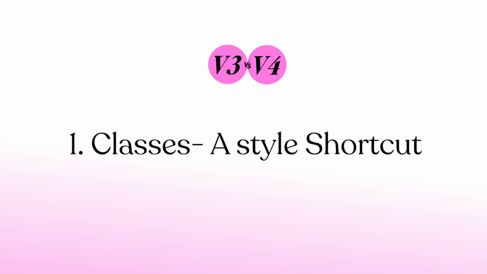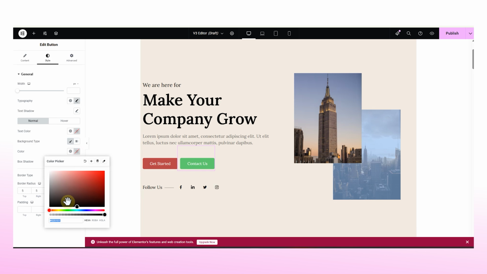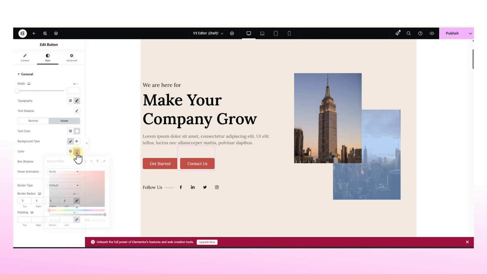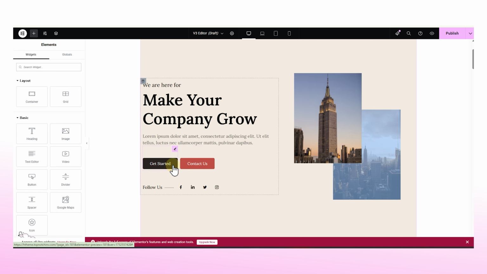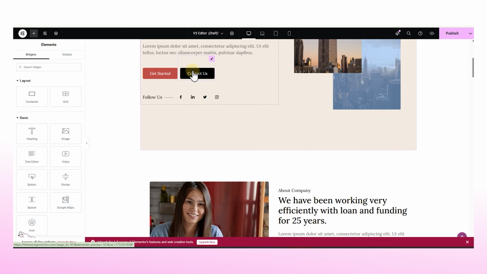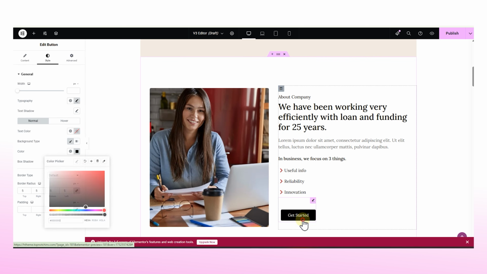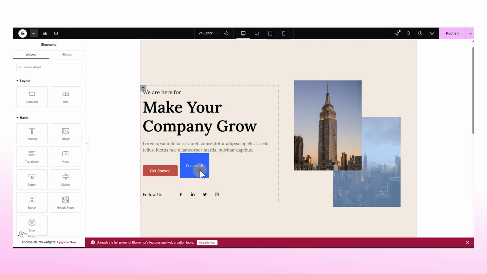First up, classes, the style shortcut Elementor users have wanted for years. In v3, styling an element meant redoing it for every new one or copy-pasting each time. And if you ever wanted to change something, you would update each one manually. Not efficient at all. In v4, it's simple.